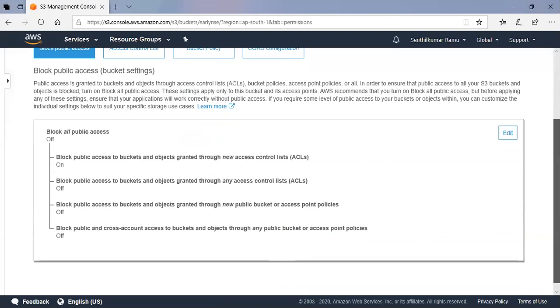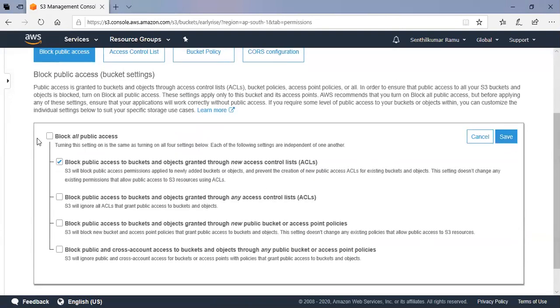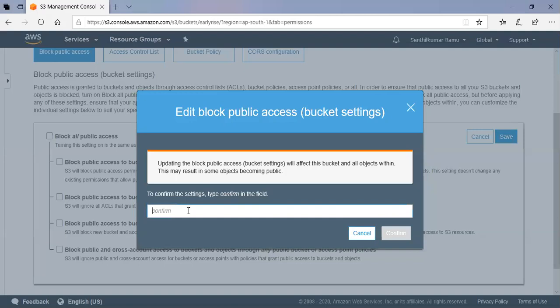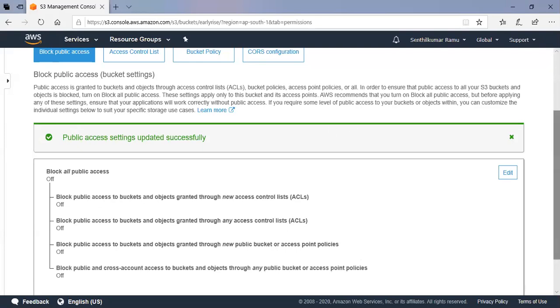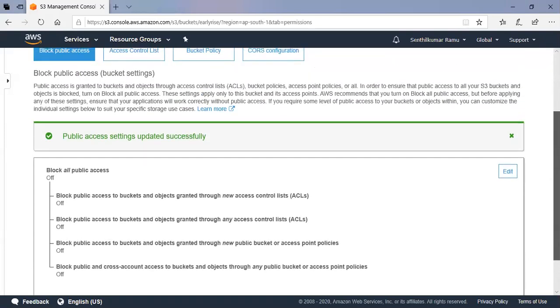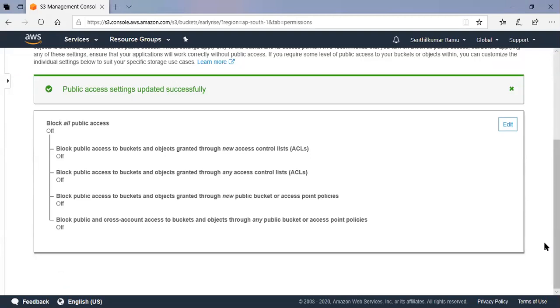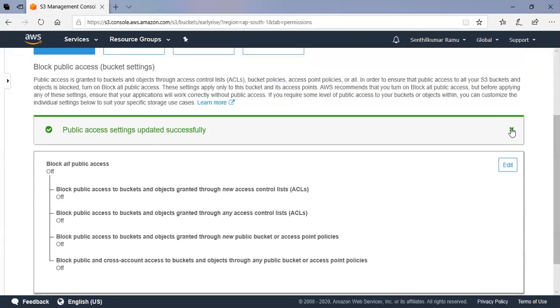Let me change the permission here first. No, that will block everything. No, I'm disabling it. Oh, okay. So public access has been done. Okay. Right, yeah.